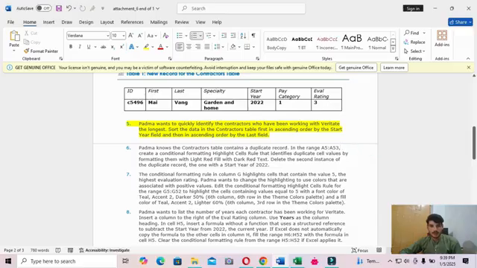Padma wants to quickly identify the contractors who have been working at Veritate the longest. Sort the data in the Contractor table first in ascending order by the Start Year field and then in ascending order by the Last field.